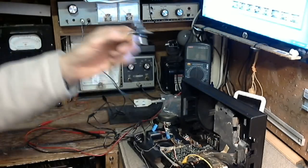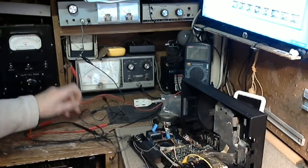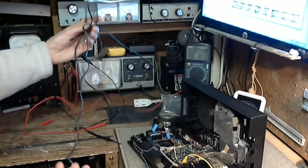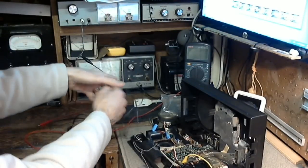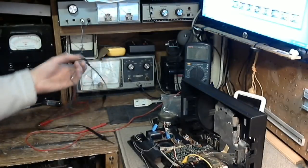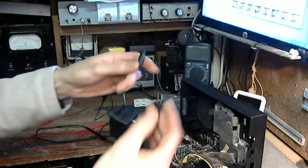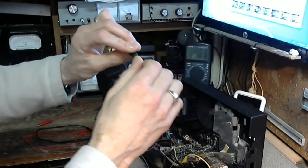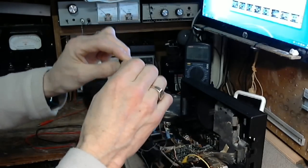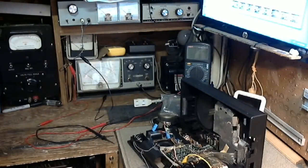So we can assume this is done correctly and whoever did this paid attention to polarity, but you know what? In thinking about what's gone wrong with this radio, one possibility is the power was plugged into it with the polarity in reverse. And why is that? Well, that's because of how these things are made. On this one here, you change polarity by reversing this plug. You plug it this way or that way. Really, how easy is it to get it backwards somewhere along the line? It's pretty easy. I'm not saying that's what happened,